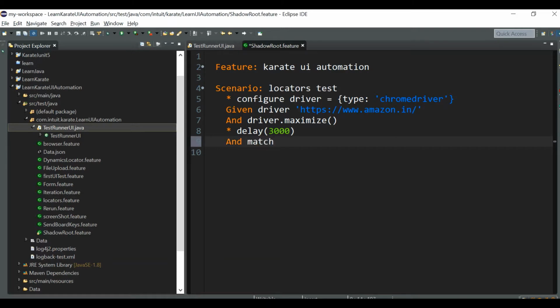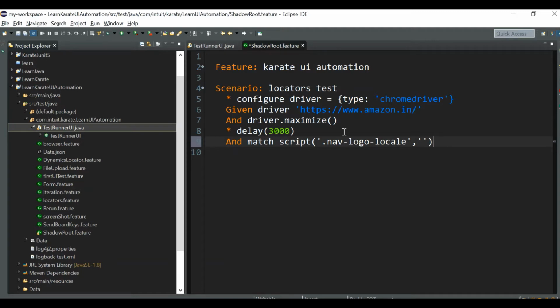I'm taking the content and asserting the result in a single line. If you want, you can do it in different lines also, after storing into a variable, and then do the assert call. Here we can do it in a single line. So I'm using the script method now, script of. On the left hand side you can pass this web element locator, and on the right hand side you should pass the